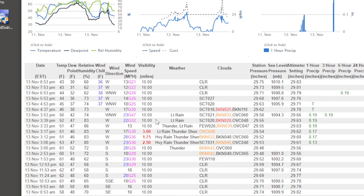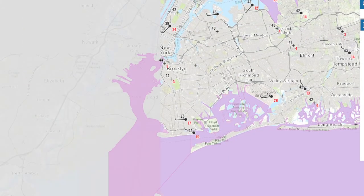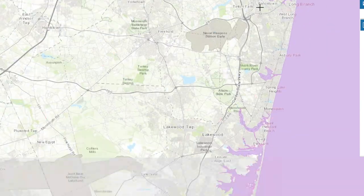And they had a wind gust to 47 with the front. Incredible. And this affected New Jersey too, when this front came through. We're gonna now look at